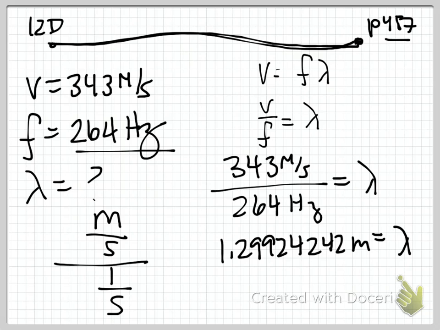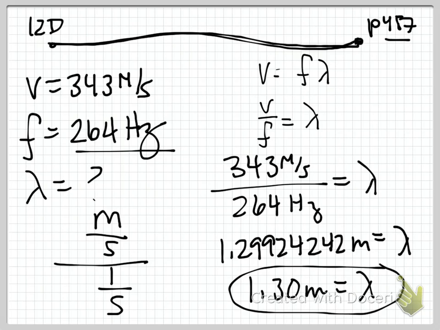So you have to be careful with that. Okay, we have 3 sig figs, so 1.30 meters is lambda. So what that means, just to bring this home conceptually, if somebody walks over to middle